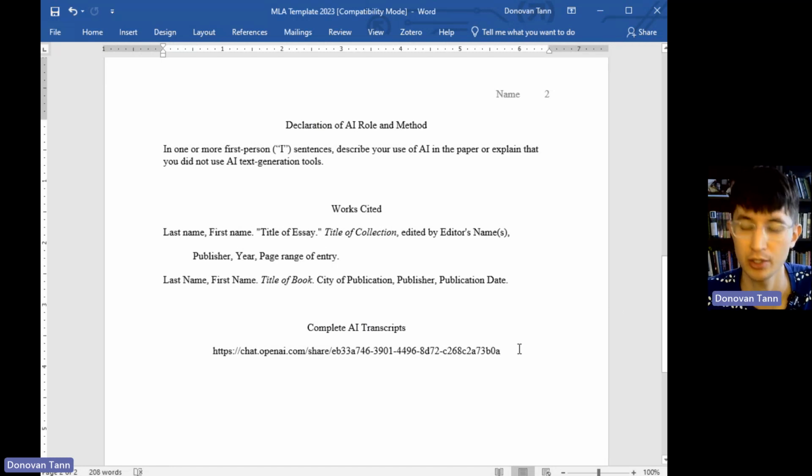And again, that's something you want to do at the end of every session when you work with AI. You don't have to format this in any specific way, as long as you share that full link. It's not part of traditional MLA. Other instructors may not require it, but for our use, that's where you're going to see that.